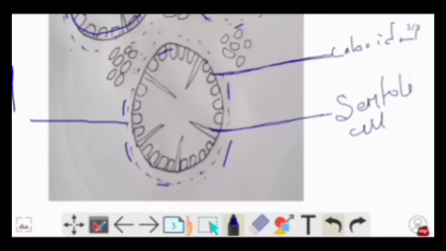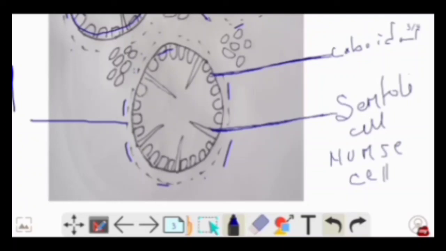What is spermatogenesis? I mentioned in an earlier video that spermatogenesis is the step of human reproduction in which sperm are produced. So these cuboidal cells are the ones which undergo the spermatogenesis step. The conical Sertoli cells are also called nurse cells. Why are they called nurse cells? Because they provide nourishment to the developing sperm.